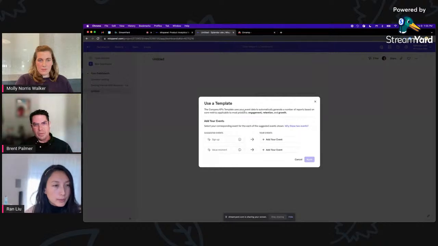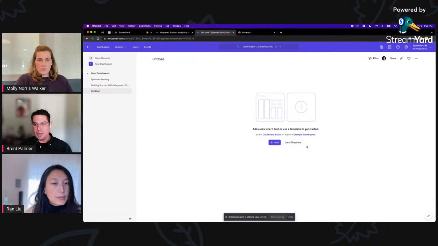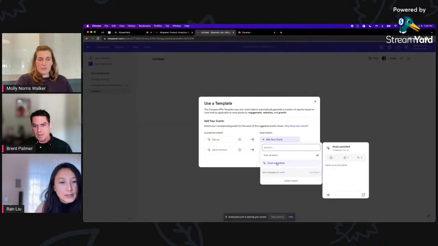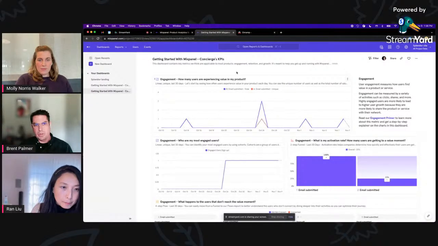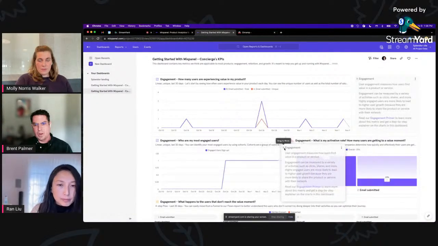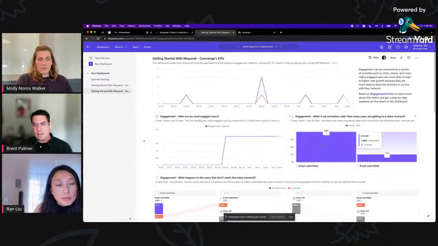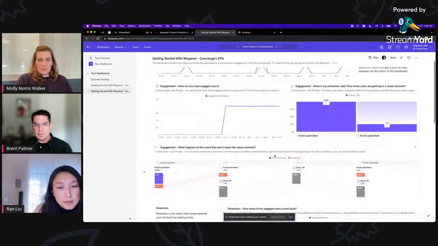Yeah, something else we've seen is existing customers leverage this potentially more. Oddly enough, existing customers use this as a time saver. So they might add a couple of events from this list. Of course, they'd have many more. They'd click apply, and now that they have this, they would go back and maybe move this text box around. They have an engagement funnel.